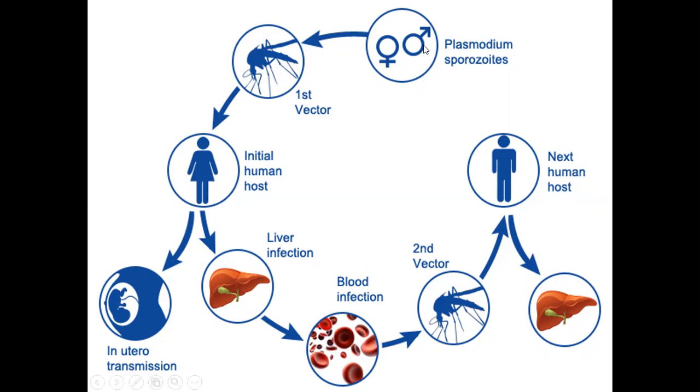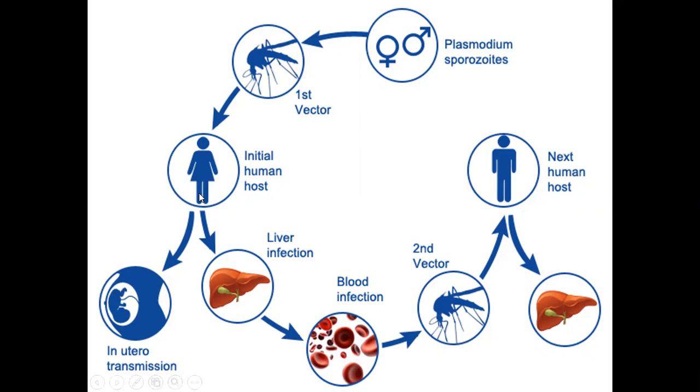So the Plasmodium sporozoites first attack the first vector, which is the mosquito. Then after the infected mosquito bites, the initial host will be the human host, and from this human,